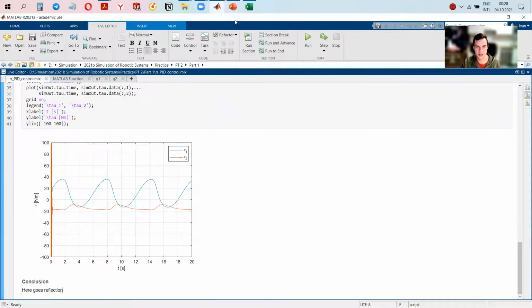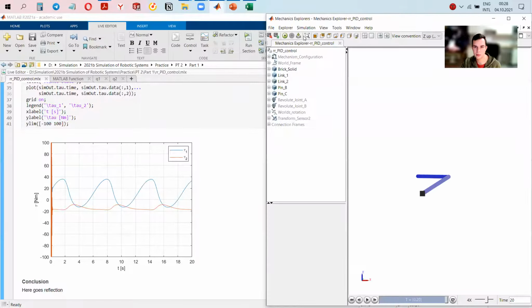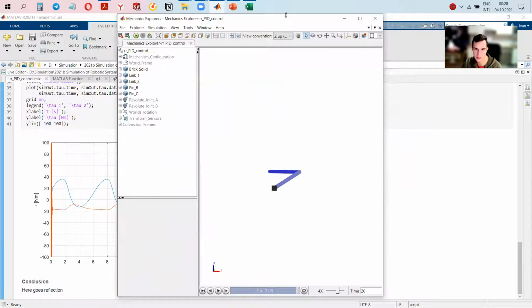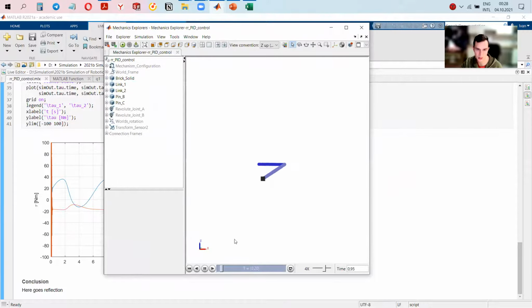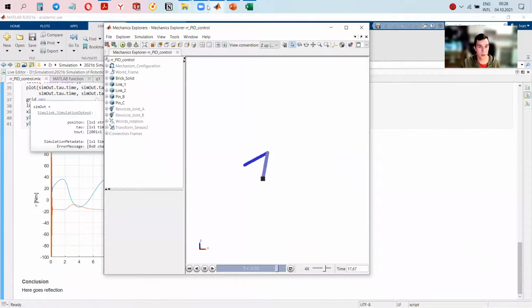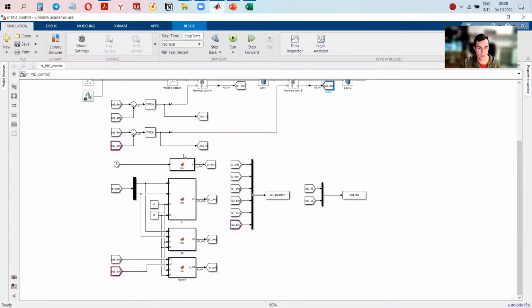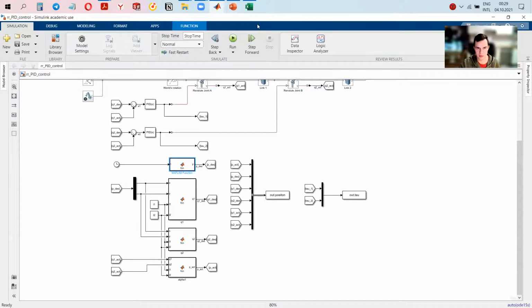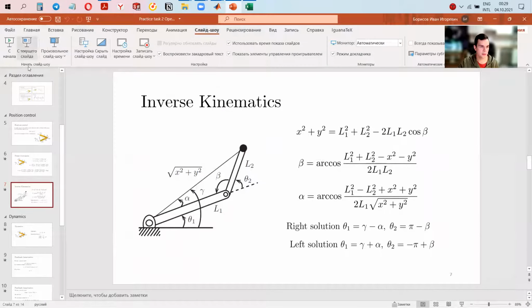All right, so it is the first example of a system when you do not consider any model of the system. We didn't derive any dynamics. We just use the simple PID control, and we get the motion. And here we can write any trajectory that we want, and the robot will be able to follow any trajectory here. All right, let us continue with